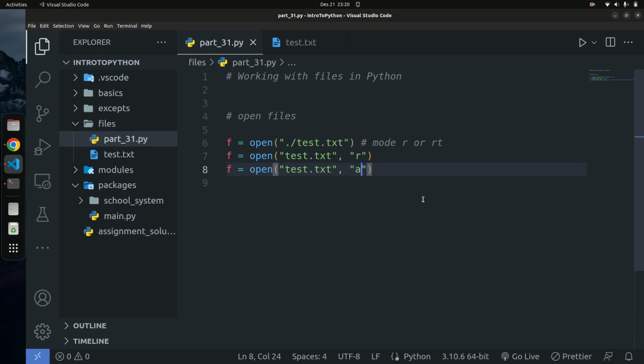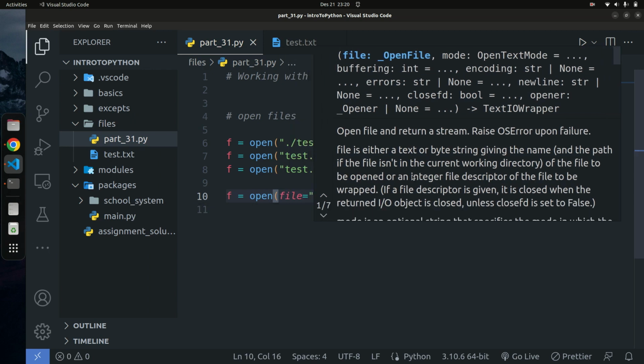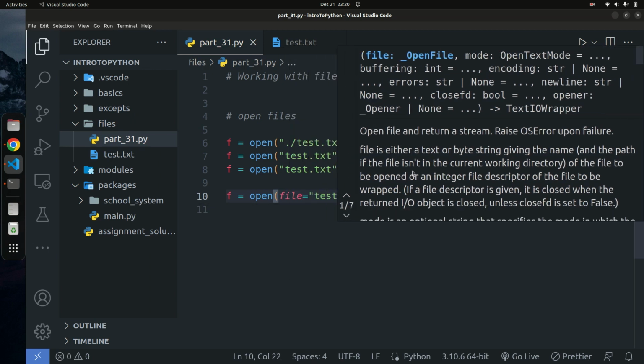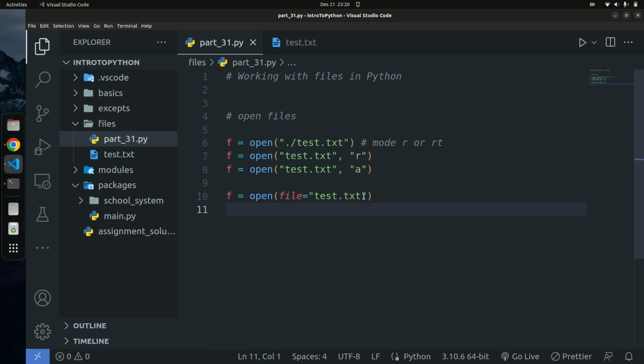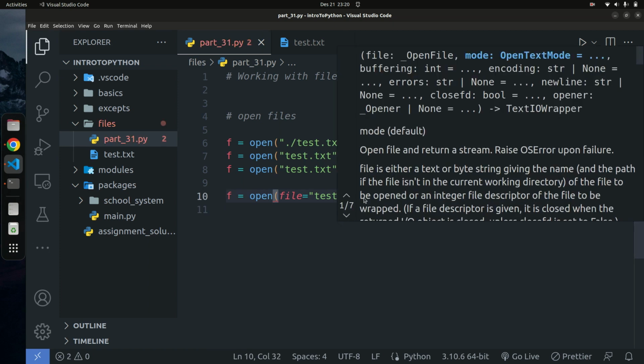Another way you can open a file is by using a keyword argument. So you can say file equals, you can also use a keyword argument here. So you can say file and then specify the name of the file, which is test.txt, right? And then you can go ahead and specify the mode of the file. So the mode is going to be, you can say, append mode. You can also have